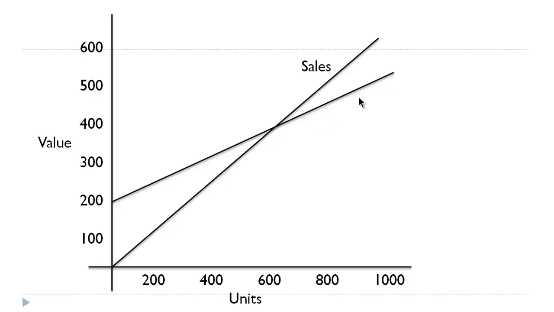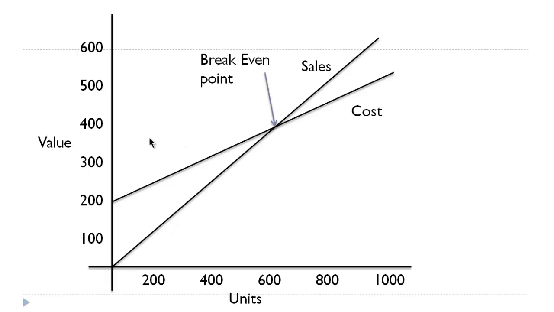The cost keeps on going up, but there is a point at which the sales will cross or exceed the cost. So the sales will reach a point at which it covers the cost and it will go beyond the cost. The point at which the sales crosses the cost, or the sales and cost meet together, is called the break-even point.